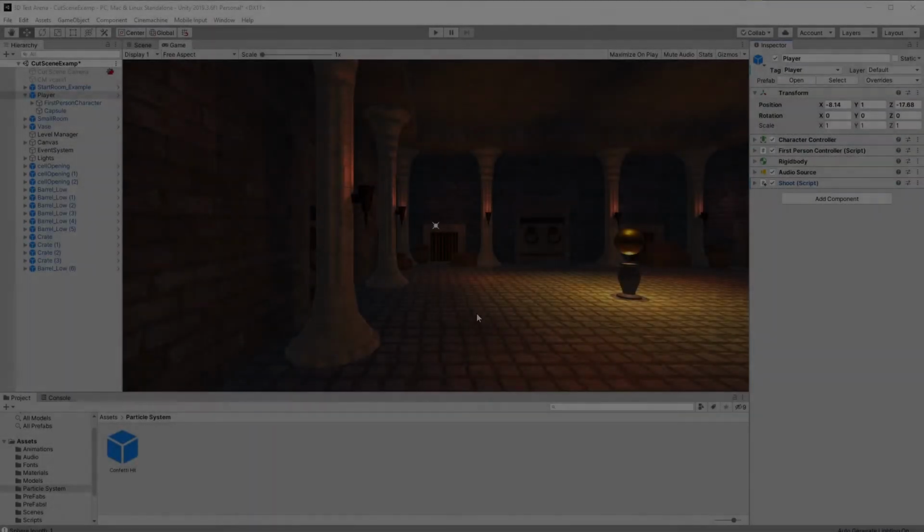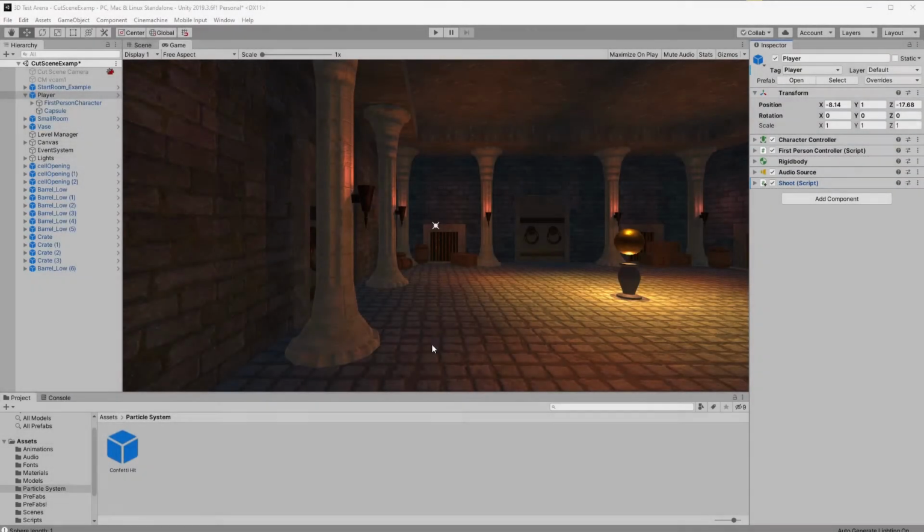Okay, mapping out a controller. It's pretty straightforward. If you're using Character Controller, that's using GetAxis and GetButton, which you should be. It's pretty easy. Most of it's already set up. If you go ahead and hit play,